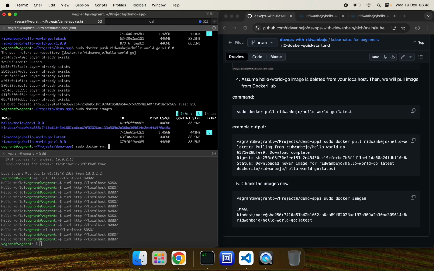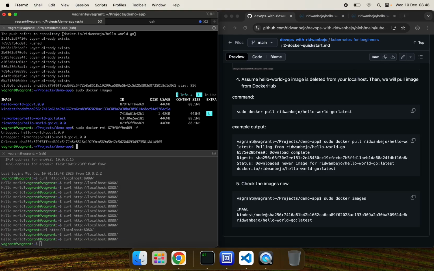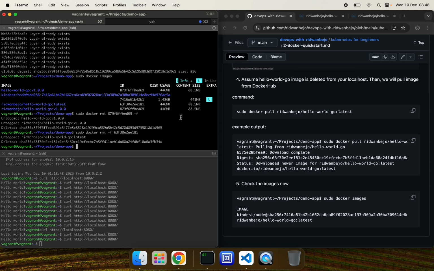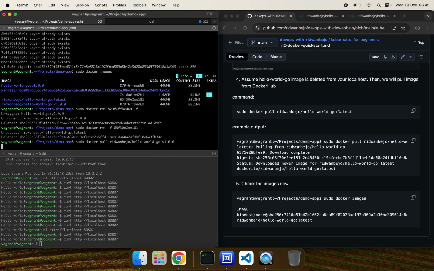Let's delete. Delete also. We can pull the image by using sudo docker pull Ridwan Bejo, the organization name, /hello-world-go, the repository name, and colon v1.0.0.